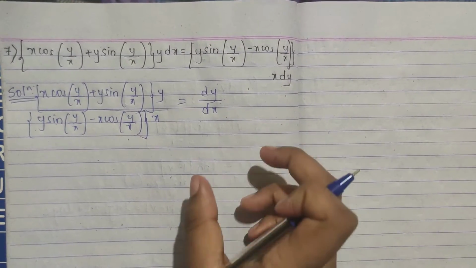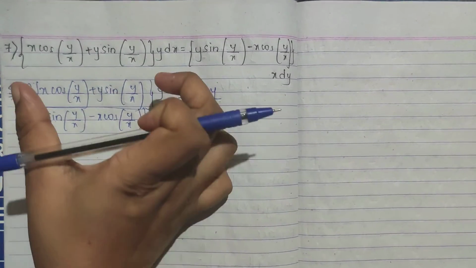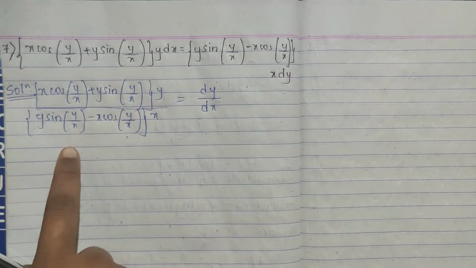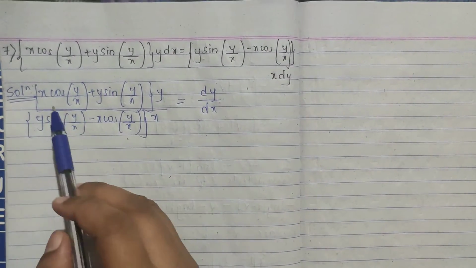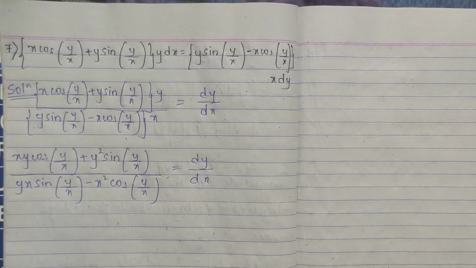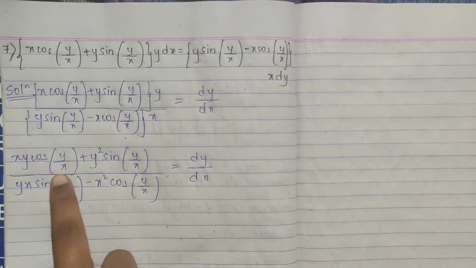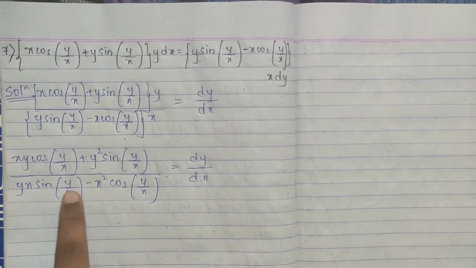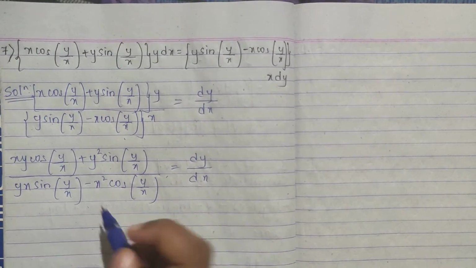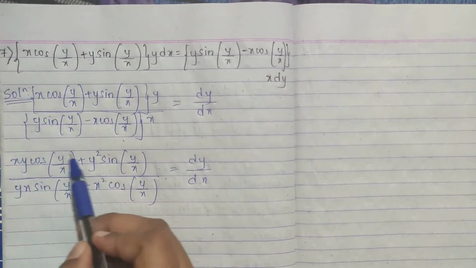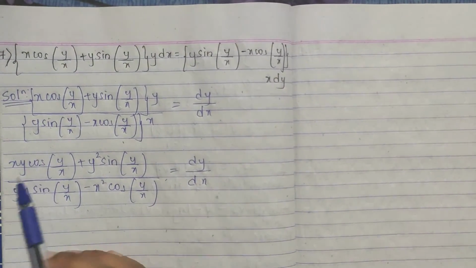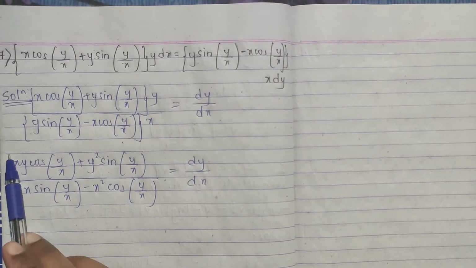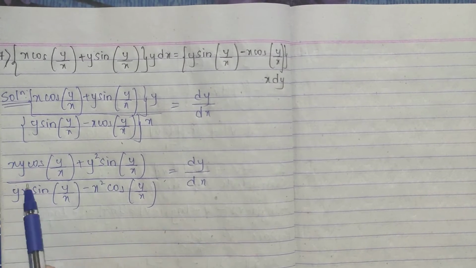So we have done this. So this whole part x cos y by x, this whole into y, keeping in the numerator, and this whole part comes to the denominator because we are getting dy by dx. Now multiply each term. So as you can see, after multiplying we will get xy cos y by x plus y square sin y by x, over yx sin y by x minus x square cos y by x. See, leave your cos and sin, but just see, we have to get everything in y by x form, right, then only we can solve it properly. So here you see the degree, it is what, 1 2 2, here also 2 2.